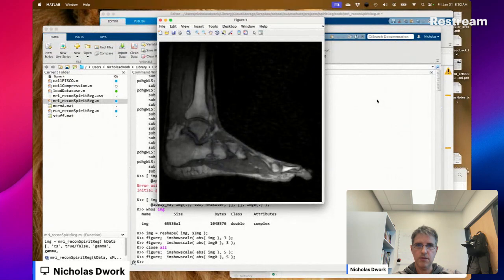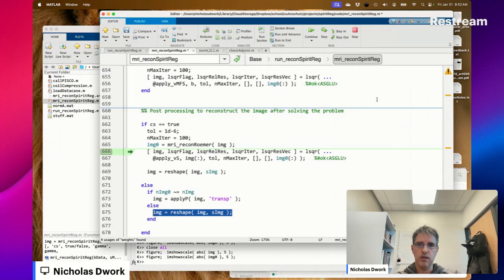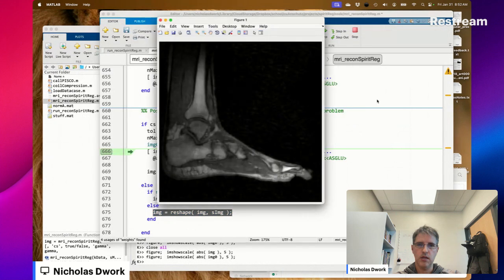There's a subtle difference between the two, but the difference is noticeable. I don't know if you can see it through the compression artifacts of the stream, but compressed sensing is less noisy. That's what I expected. Like you can maybe see it here. Here, I'll show you.